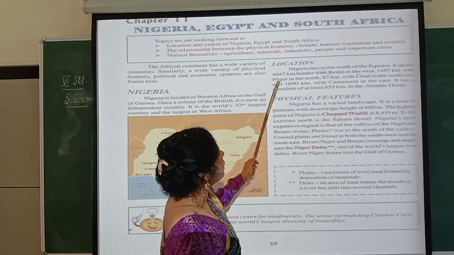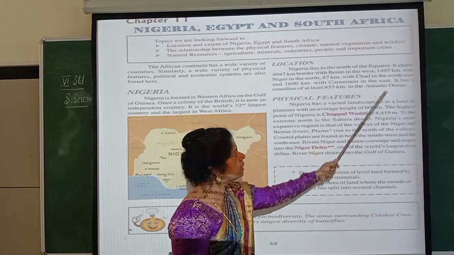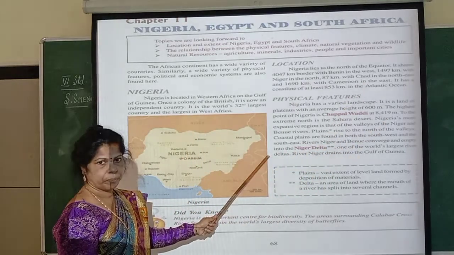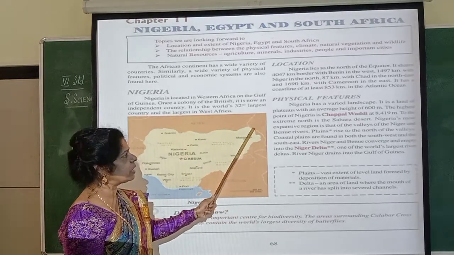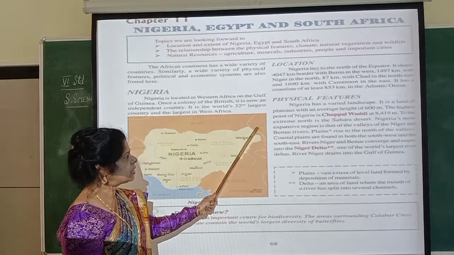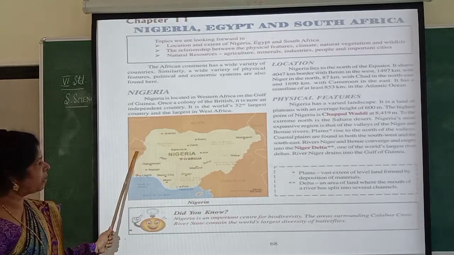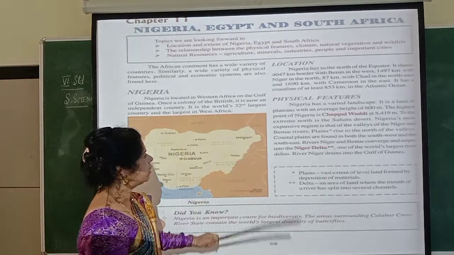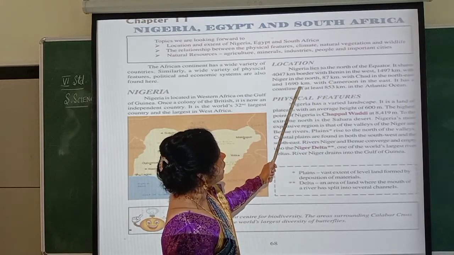1497 kilometers with Niger in the north and 87 kilometers with Chad in the northeast. See, this is the north side, this is east. In between north and east, you call it northeast. What is that? It is Chad. So this is Niger, Chad. Here it is Benin. West is Benin, north is Niger, northeast is Chad. In the northeast and 1690 km with Cameroon